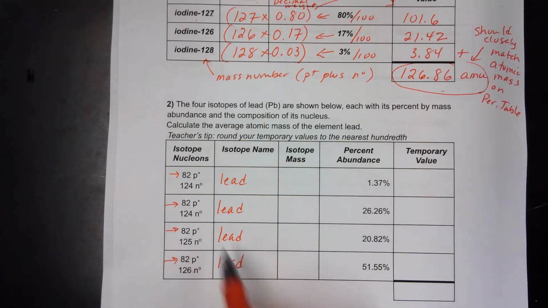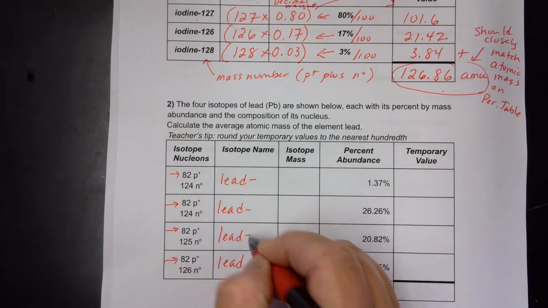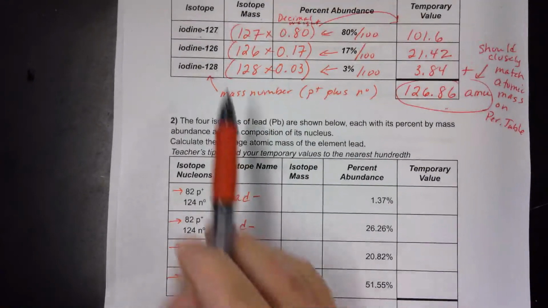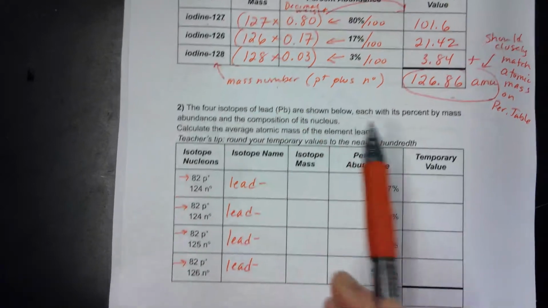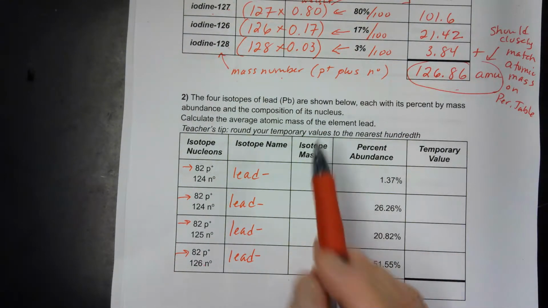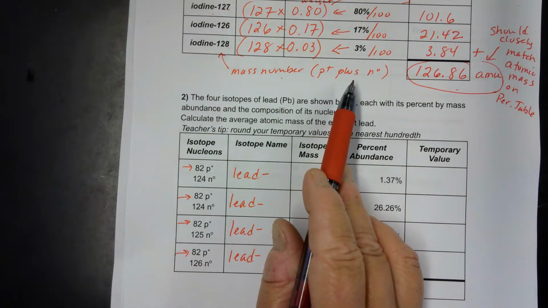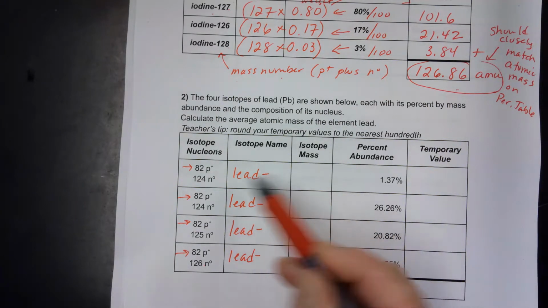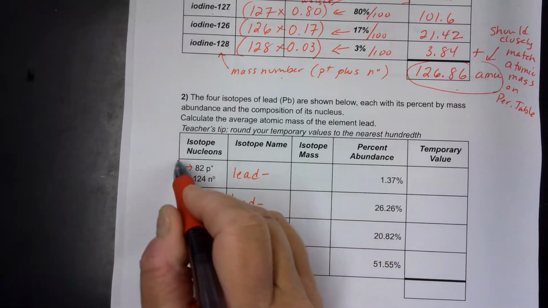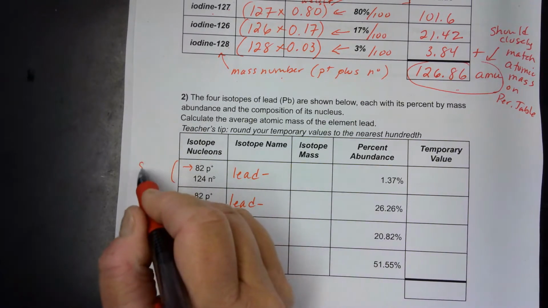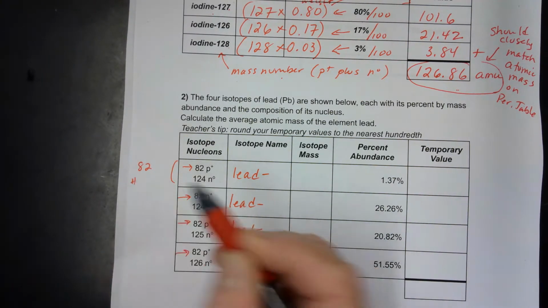So here's the problem. We can't just call them lead because they're slightly different, right? We need some way to distinguish the fact that these are different from one another. And if you recall, when we go to write an element name, remember the number that comes after the element name is the mass number. And the mass number is protons plus neutrons. So this number here is not going to be 124 because that's only the neutrons. We need to add these up, 82 plus 124